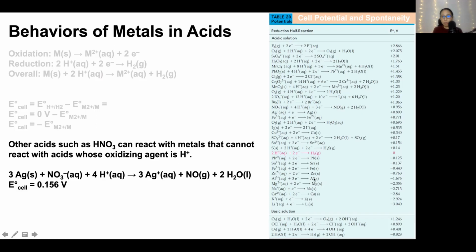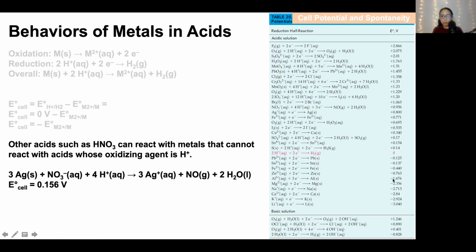Because look, if I dissolve solid silver in a solution of lead 2 ions, the standard cell potential will be negative 1.676 minus negative 0.125. That will give, oh, okay, that's non-spontaneous. So aluminum solid cannot displace lead 2 ions in solution because you get a negative standard cell potential. But solid lead can displace aluminum 3 plus ions in solution because, okay, what will happen here is that